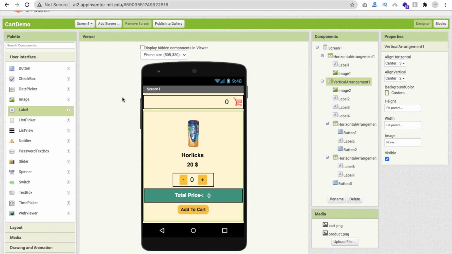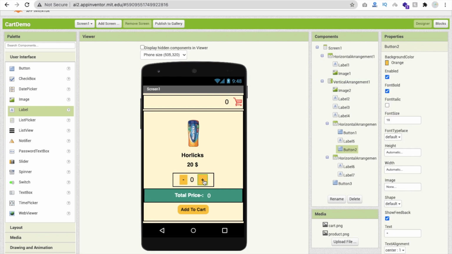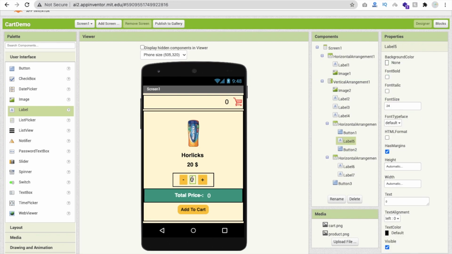Now let's do coding. Whenever someone clicks on this plus icon, we have to increase the value by 1 and we have to calculate the price. The price total is $20, so this will display as $20. If I add again, it means two products, so it should display $40. Okay. Now you can do one more thing. You can add here a dollar sign or INR sign, whatever sign you want to use.